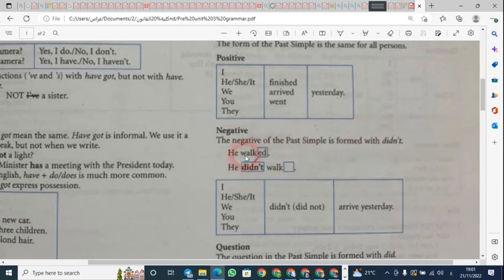نستخدم didn't. He walked هو مشى نريد أن ننفيها. He didn't walk. Notice that here the verb was in the past but here it is in the present in